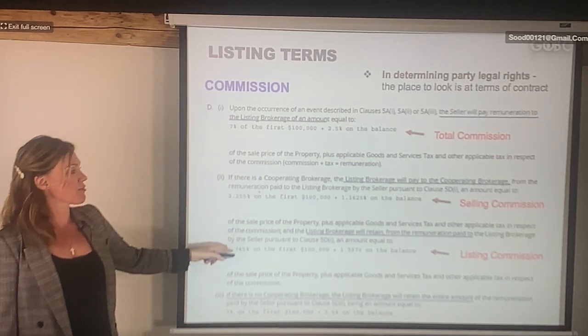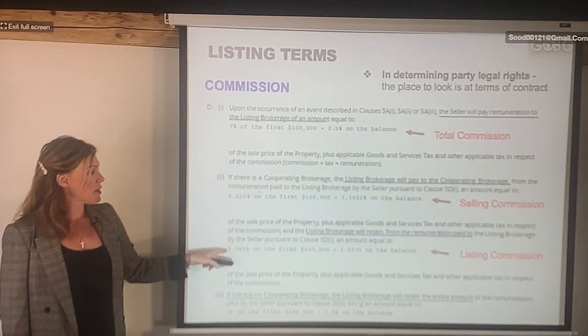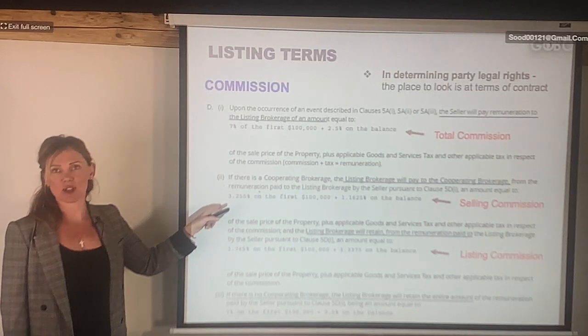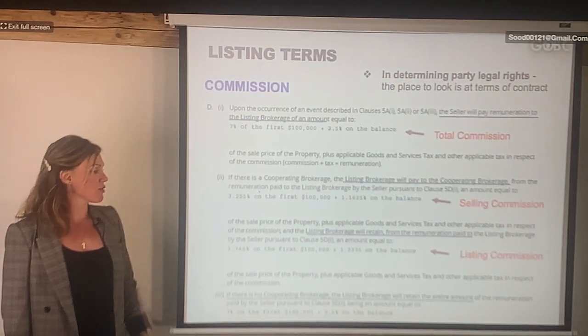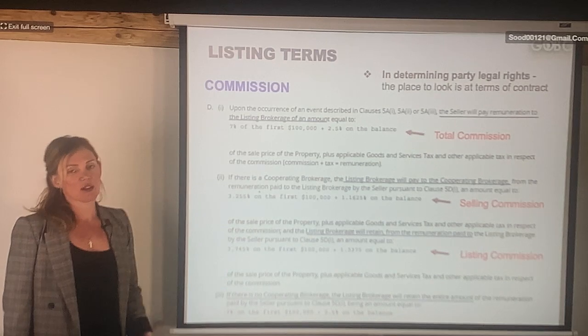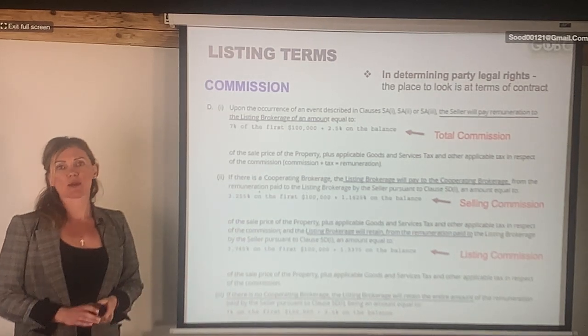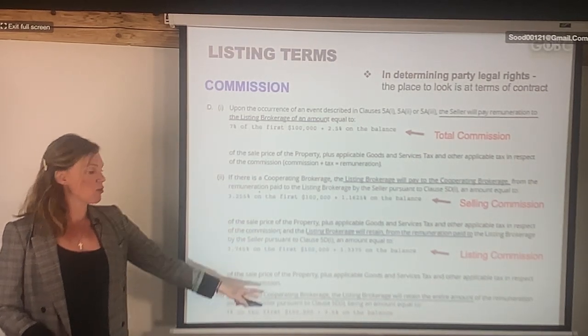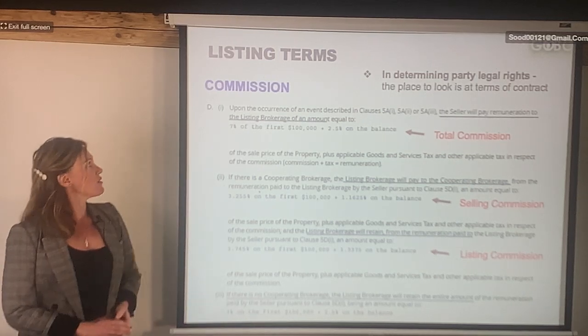And then, of course, the listing brokerage will retain, right, that much. And usually we keep a bit higher number than we give back to the buyer's agent, right? So 3.745 on the first 100,000 and 1.33. So you usually keep a little bit higher, right? And what happens if the buyer comes with no representation? Then we tell them that we're going to keep the full commission for ourselves, right? So that's already stated inside of the contract.